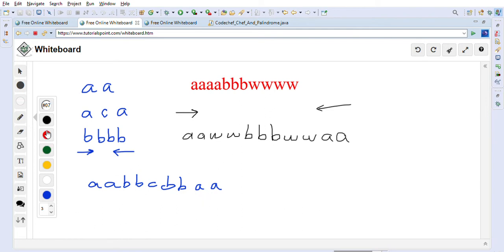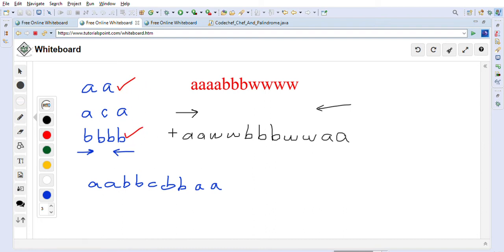So one important observation that you might have noticed is that if we see the types of characters, for example in this string only one character is present. One character in the sense of one type of character, like all A's, all B's. Then it means that we can always create a palindrome from these strings, correct?